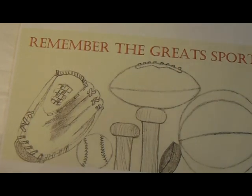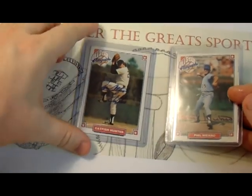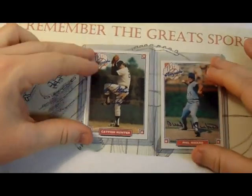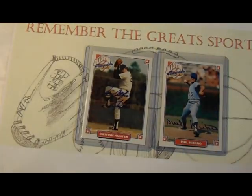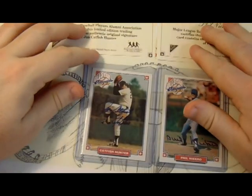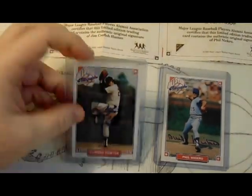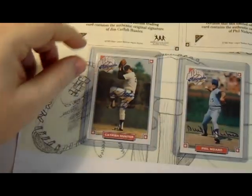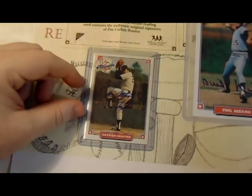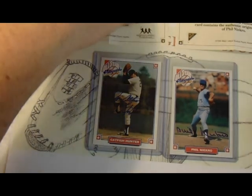But to get the autographs out of the way first, this guy had these on his table, and I don't know if you know much about these Nabisco cards from the early 90s, but this time they had the certificate of authenticities with them, and very rarely do you get these with the card. I've purchased both of these, and that's Jim Catfish Hunter and Hall of Famer Phil Niekro. Both are Hall of Famers, but back in the early 90s,